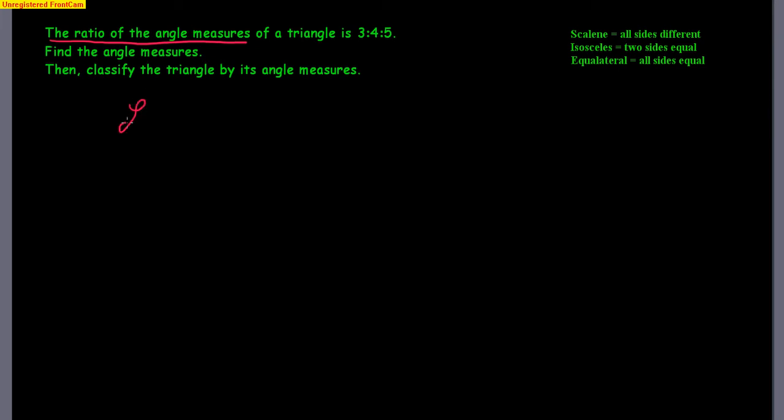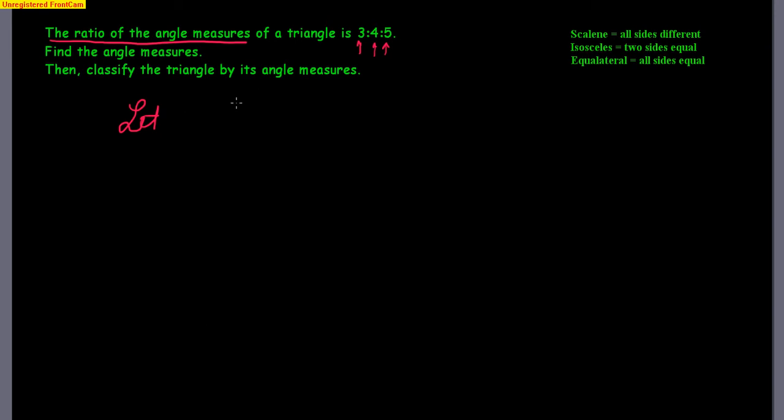What they've done is they've taken the actual angle measures and reduced them by some divisor, meaning they've divided each angle by 6, or divided each angle by 8. There's some divisor. Or if you go the other way, it could be considered a multiplier. You're going to multiply some number by each one of these to get the actual angle. So whenever you see this, the ratio of the angle measures equals 3 to 4 to